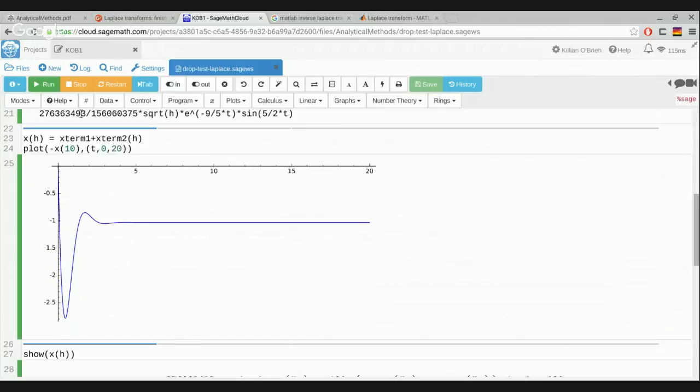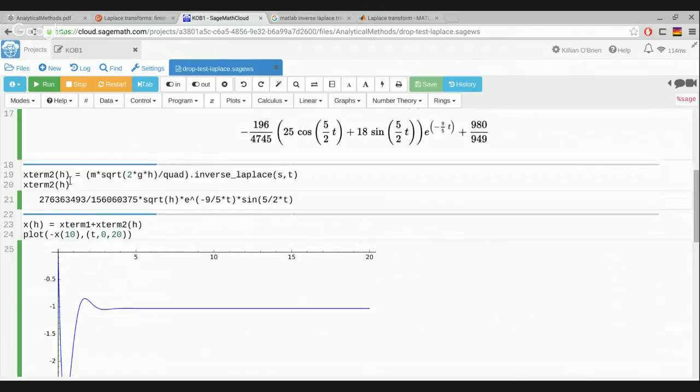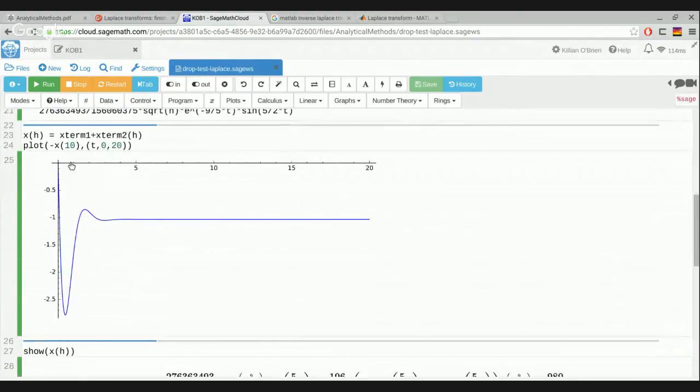So you can see the action represents, so here I've done a drop from, so x is depending on the height, h. So I've done a drop from 10 meters here. Remember, x is measuring the displacement off the natural length of the spring. So after a while, it settles down to a displacement of about -1. So when it's resting on the surface of the planet, the mass squashes down by 1 meter, or 1 unit, whatever. That's just the weight of the mass being supported by the spring,